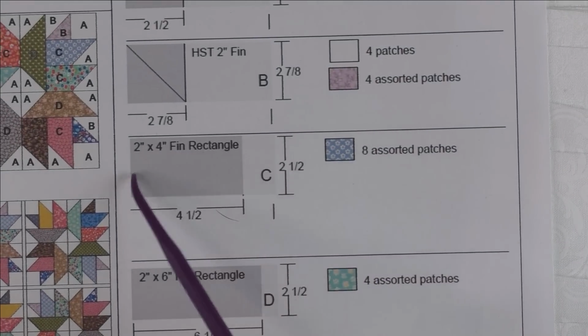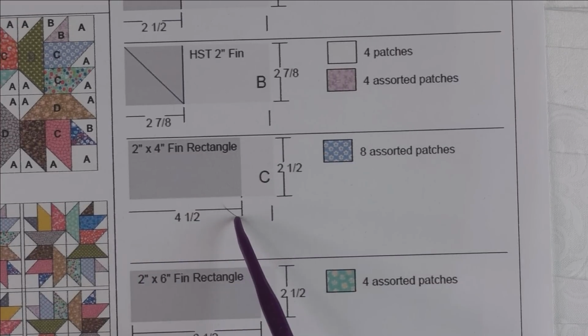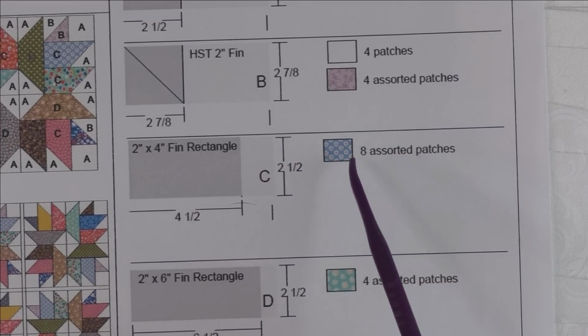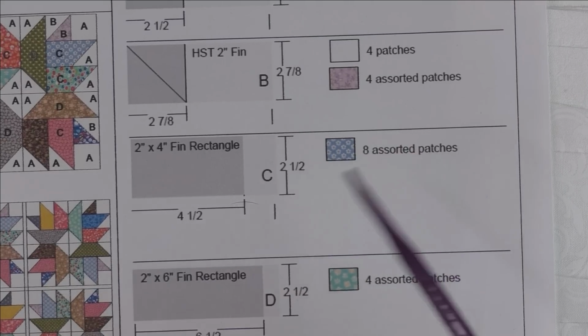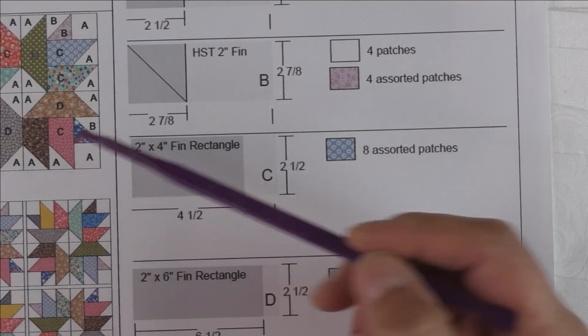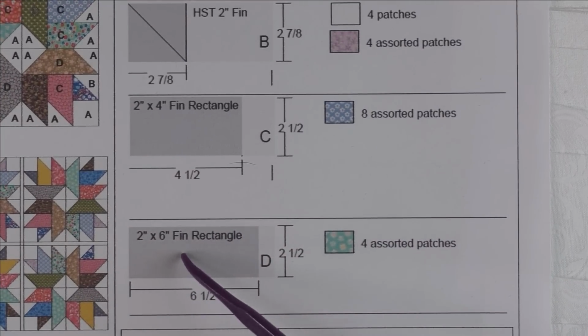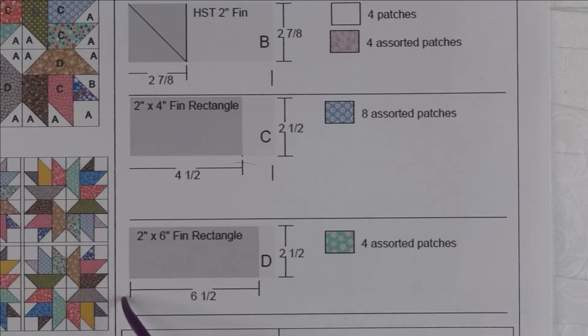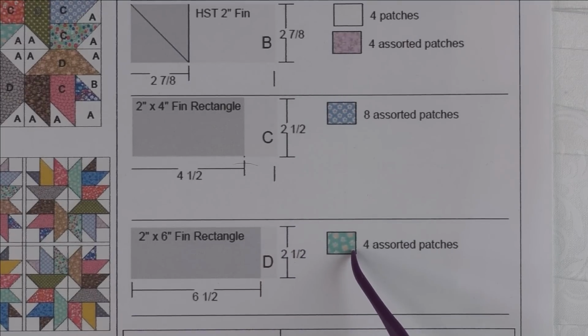Patch C is a 2-inch by 4-inch finished rectangle. We'll cut 4.5 inches by 2.5 inches, and we'll need 8 assorted patches. That is for these chisels here. Patch D is a 2-inch by 6-inch finished rectangle, 6.5 inches cut by 2.5 inches, and we'll need 4 assorted